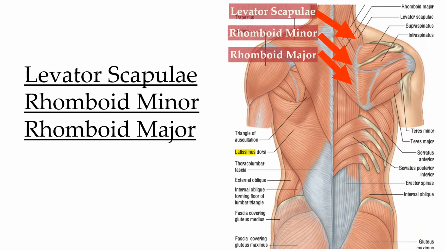By now, we are done seeing the details of muscles present in the superficial-most layer of the posterior thoracic wall. That is, we are done seeing the details of latissimus dorsi and trapezius. Now, if we incise and reflect these two muscles, then we can see three more muscles here, which are levator scapulae and rhomboids, rhomboid minor and rhomboid major. Now we will see the details of these three muscles.